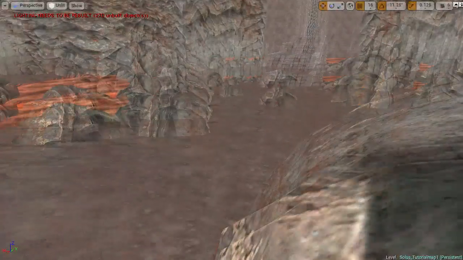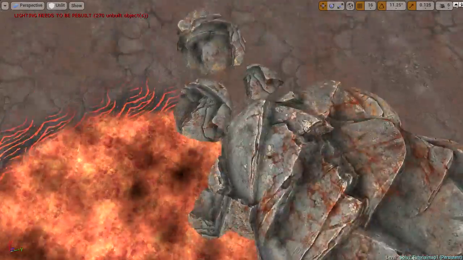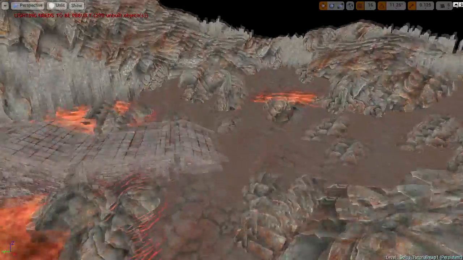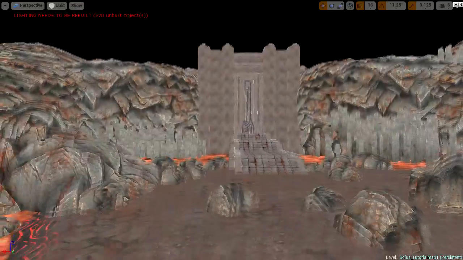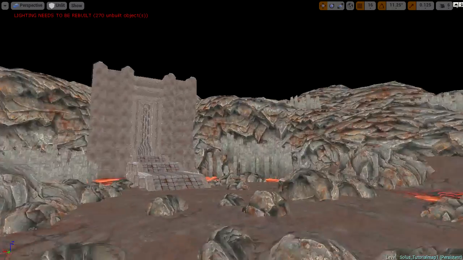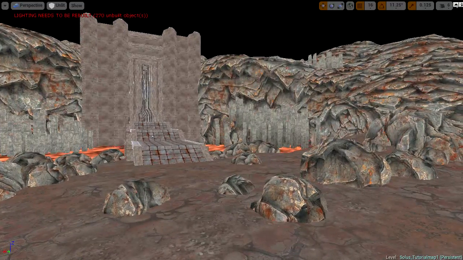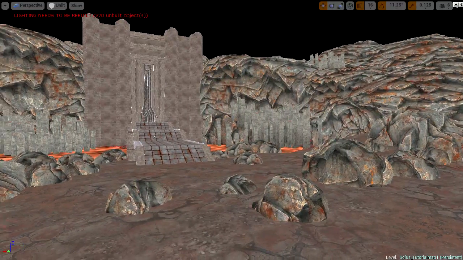And then, as you can see, we end up with a nicely varied landscape paint. Having that set and done, most of the level is now in place. There's a couple of smaller things to set up before we move on to things like lightning, the sky, those